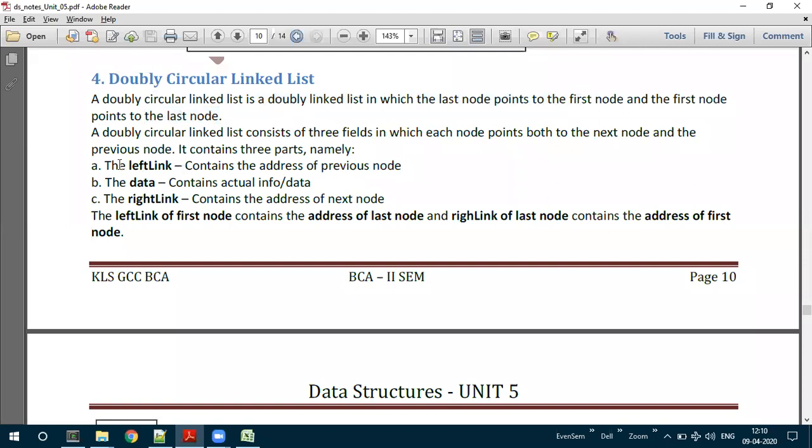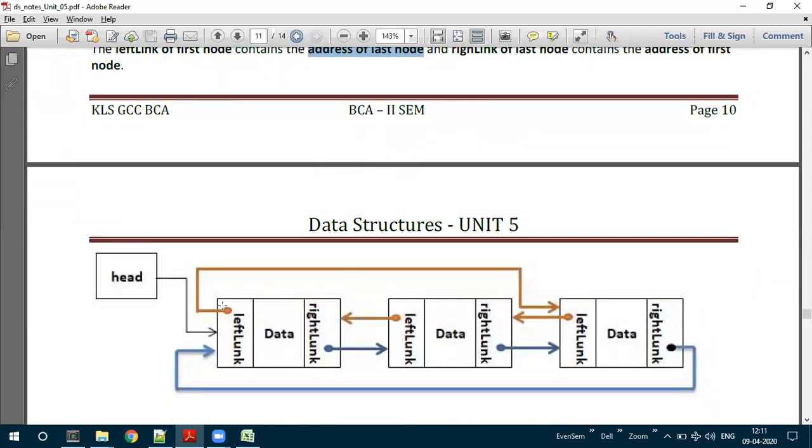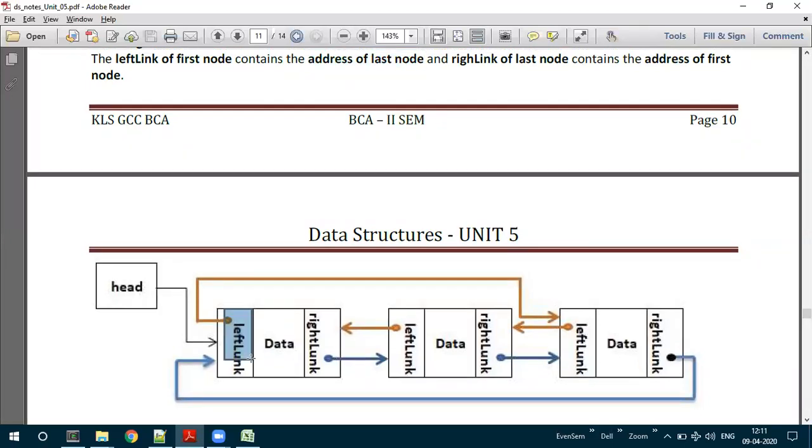Again, it will contain three fields: left link, data, and right link. The change here is that the left link of the first node contains the address of the last node, and the right link of the last node contains the address of the first node, to make the doubly linked list look circular.